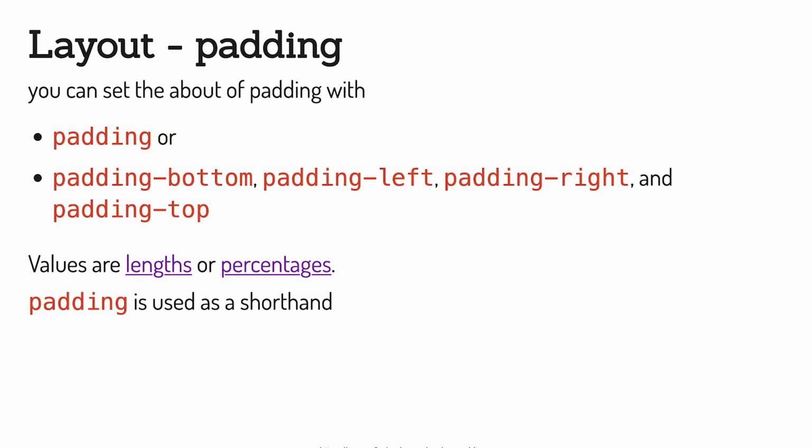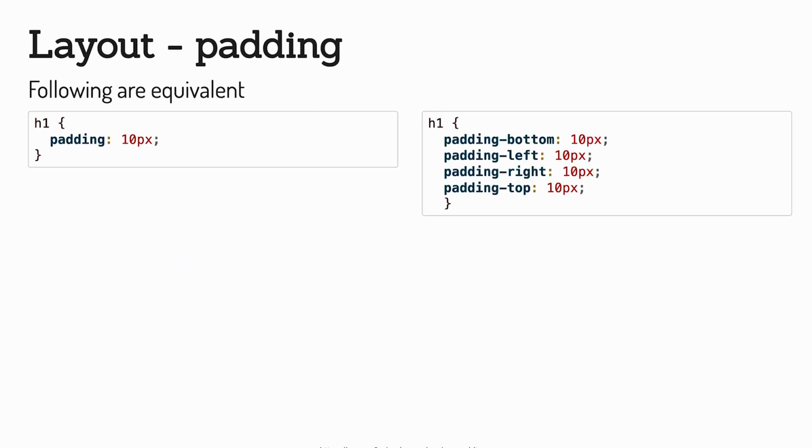Padding, which is the spacing between the content and its border, can be specified in two different ways. So we can either specify it once using the padding attribute, or specify with the 4 more specific attributes, which are padding-bottom, padding-left, padding-right, and padding-top. And these are also lengths and percentages. And it works in a couple of different ways, but the main thing is if you want all the 4 values to be the same, we can use padding as the value here, and it just works all the way out.